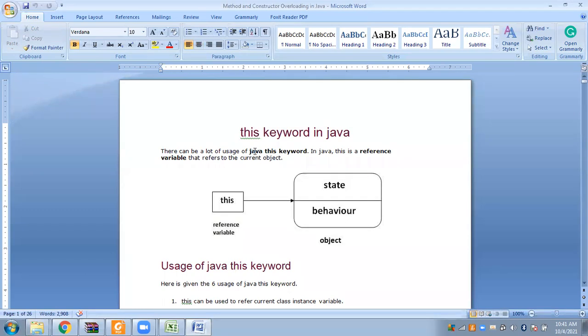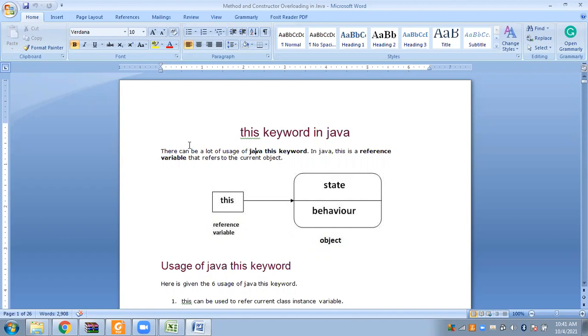Here also we are referring to a particular thing, and that thing can be an object, it can be variables also, it can be constructors also of a particular class. Using this keyword, we are referring to a particular entity. That is what this keyword is used for.